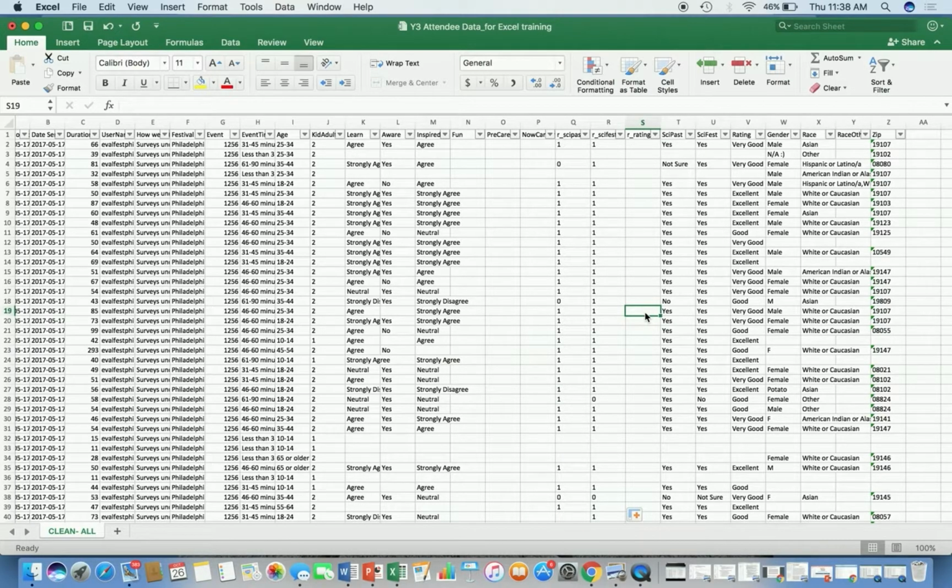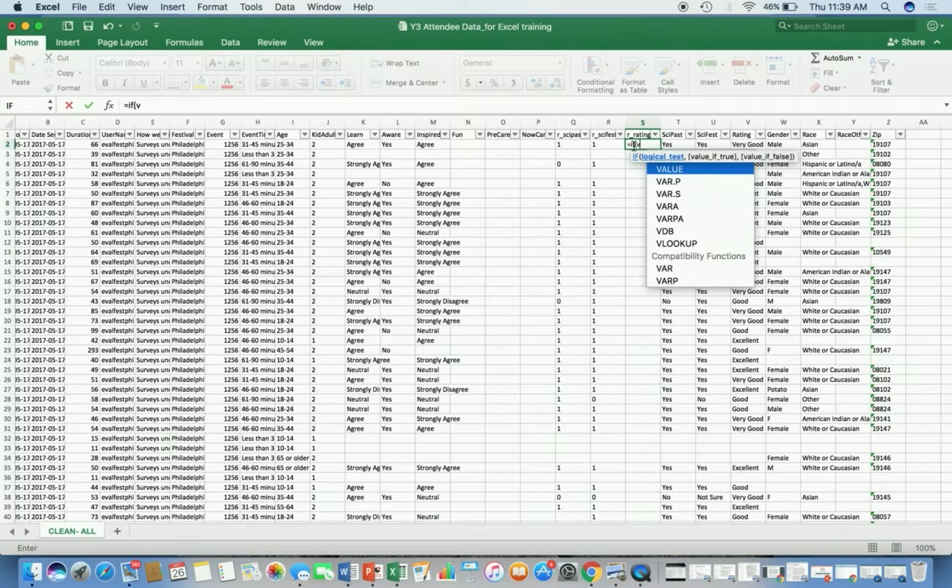So now we're going to move on to the rating Recode, which is a scale that ranges from excellent to poor. So there are 5 responses. The same process is used, but the syntax is longer. So let's see if we can get this right on the first try. So we're going to use the if function and begin writing syntax in the column you designated for your rating Recode, which in my case is S2. So we'll start by equals if V2, since that is the original rating column, so if V2 equals excellent,